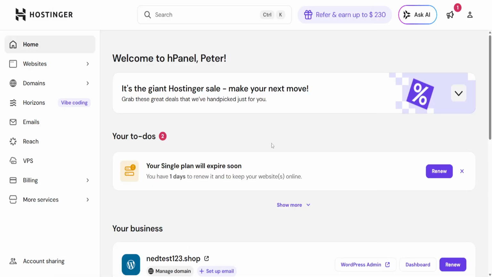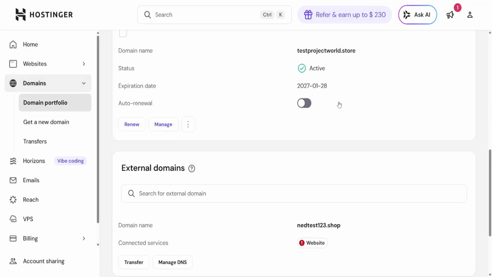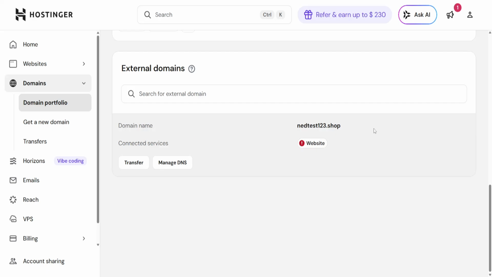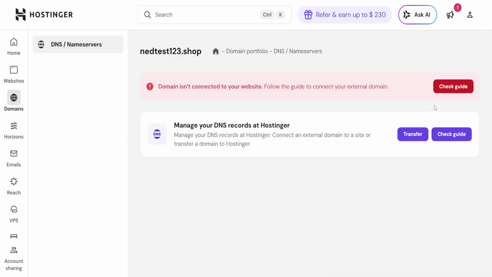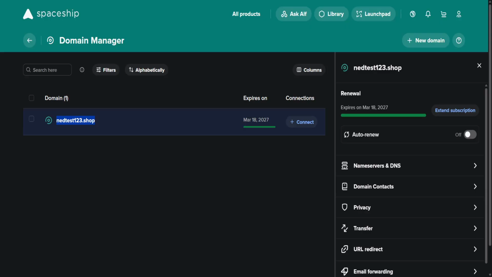Okay, so on Hostinger here you want to click on domains and then your domain portfolio. If you scroll down, you should see your website which we just connected. I mean the domain which we just connected from Spaceship. Now you want to click on manage DNS and then select check guide. From here you will see this, and all we need to do is to go back into Spaceship, and right